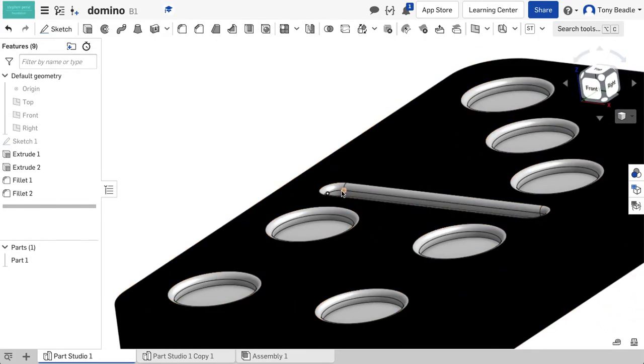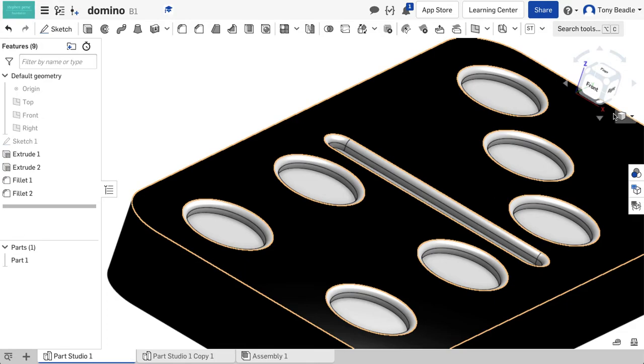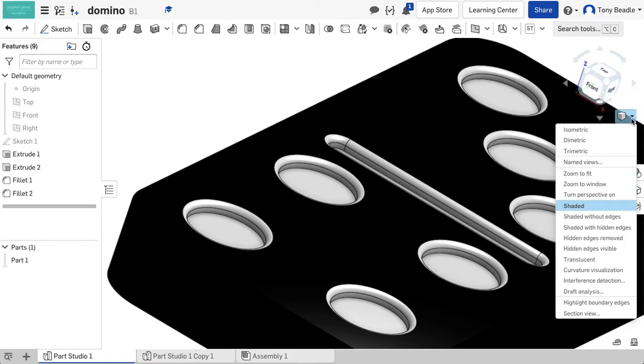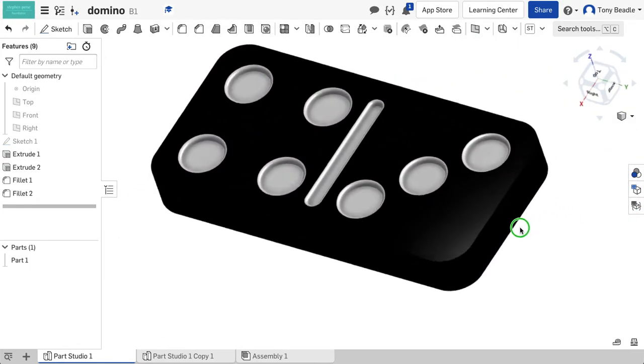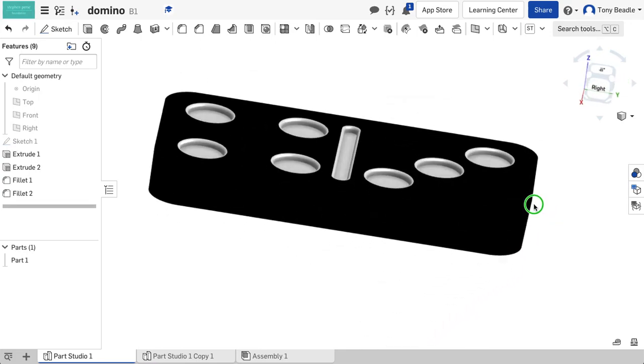But I'm still not happy about the lines that I'm getting here, because that doesn't really need to be there. They wouldn't be there. So I'm going to go to my cube at this side here, which is called Camera and Render Options. I'm going to click on that, scroll down to Shaded Without Edges. And what that does is hide all the edges of my shape. So I now have a nice 3D rendered shape that can spin around there,